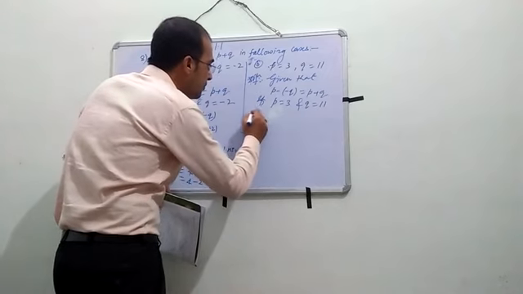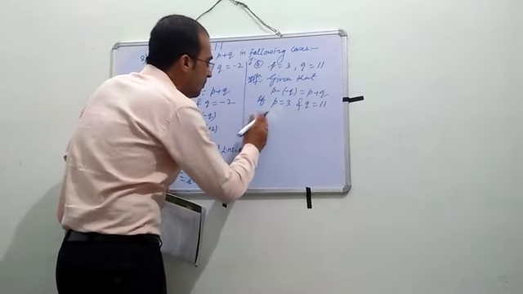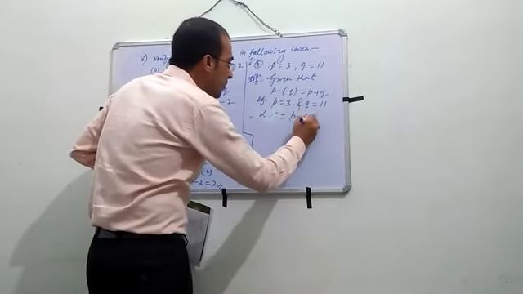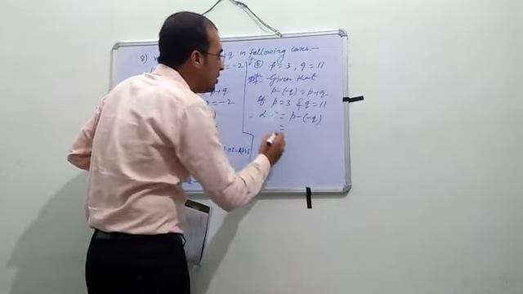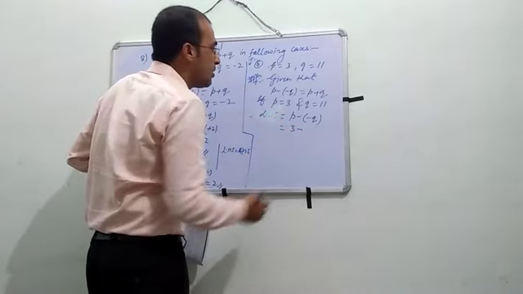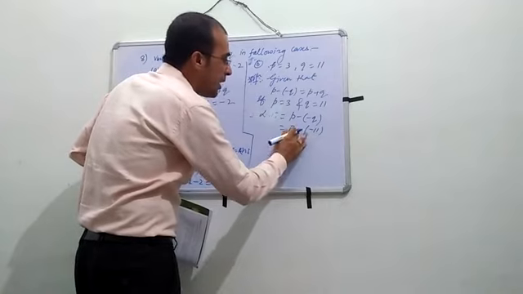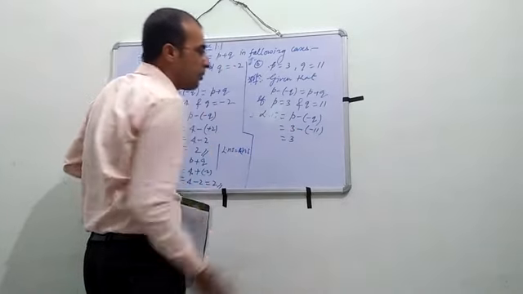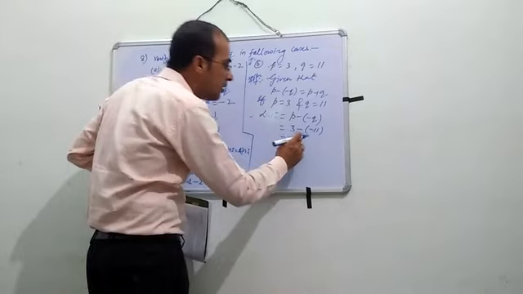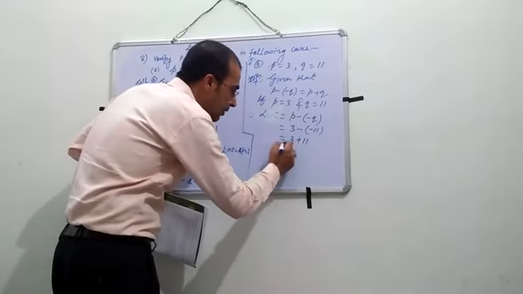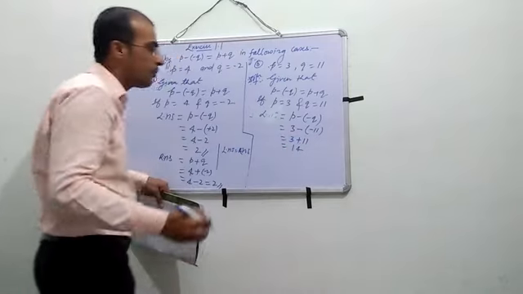So you can see, what is LHS? LHS equal to P minus Q. What is P? P equal to 3, minus what is Q? Minus 11. So 3 minus into minus 11, when you open the bracket, the sign will change, then it will be plus 11. Then its value equal to 14.